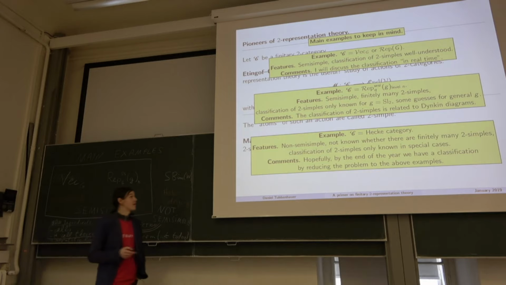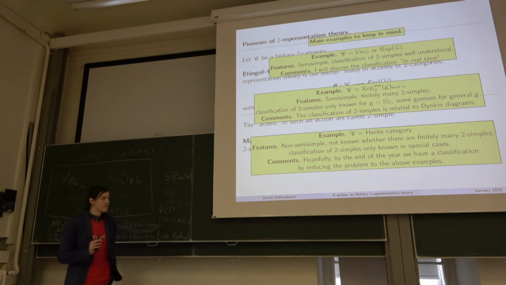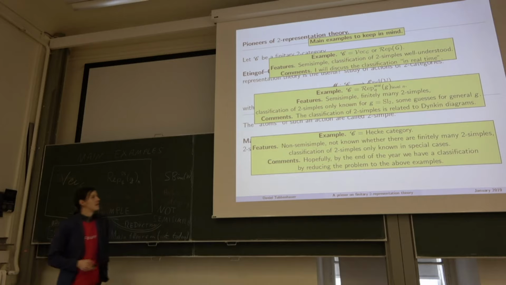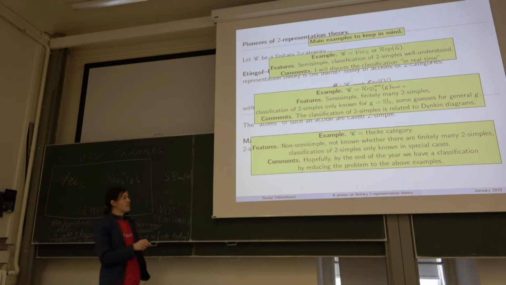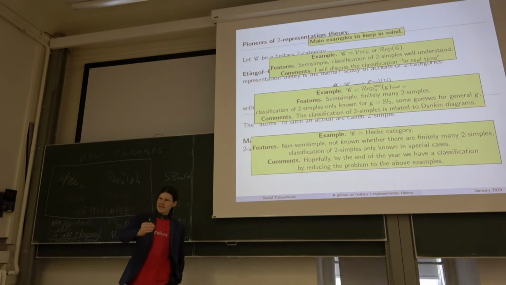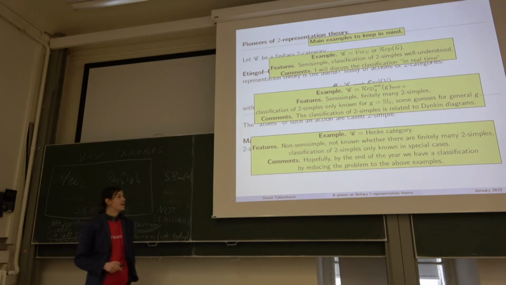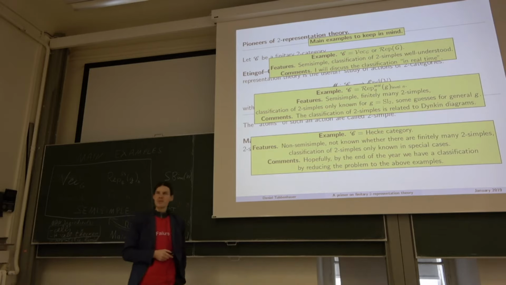Yes. So let me stress that all of these are very easy examples of monoidal two categories. They are monoidal categories, so two categories with one object. But the theory applies in more generality. So classification here is easy. For those, they're still semi-simple. You can still do something like there are only finitely many two simples, which you can't do in the non-semi-simple case. But the classification is a bit more complicated.